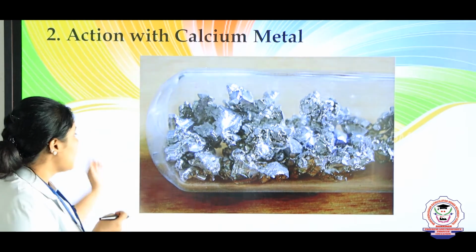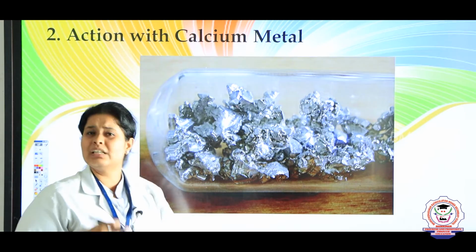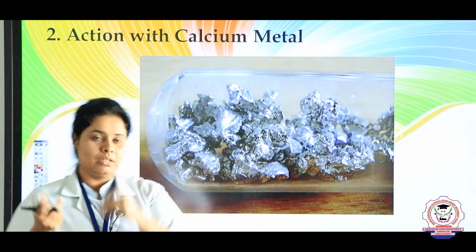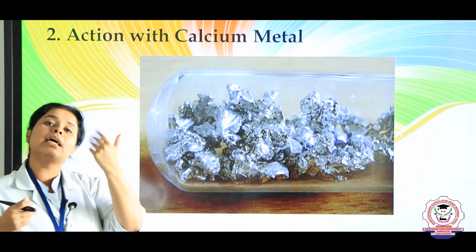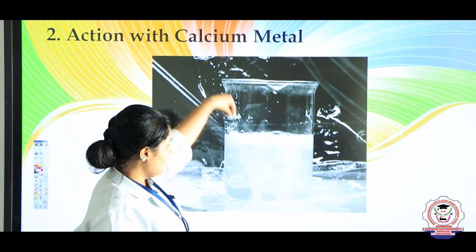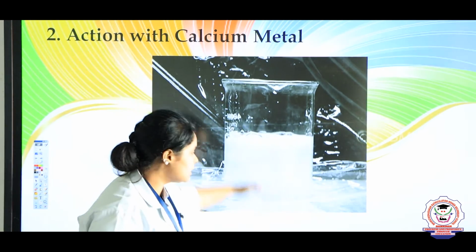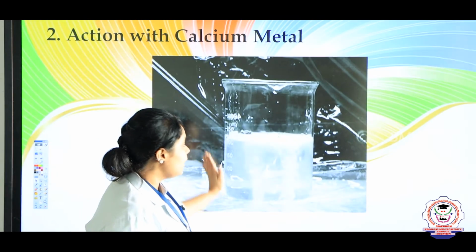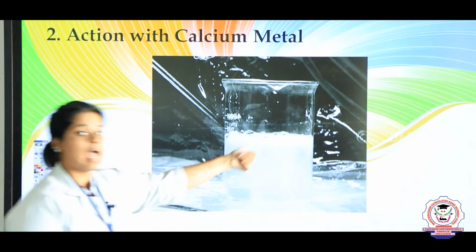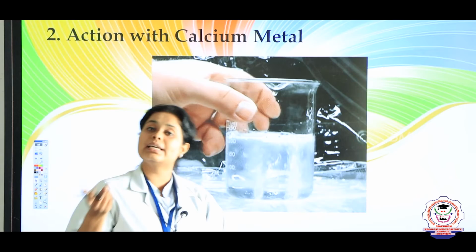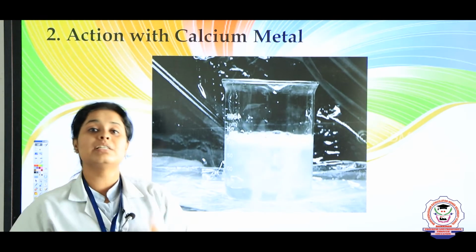Generally, calcium metal looks like this. It's a little silverish and a little bit whitish kind of metal. Now, if I put this metal inside the water, it will first settle down, and later you will see that some bubbles are coming and it is making the colorless solution into a milky solution. When it is making a milky solution, you will get to know that yes, some reaction is happening.